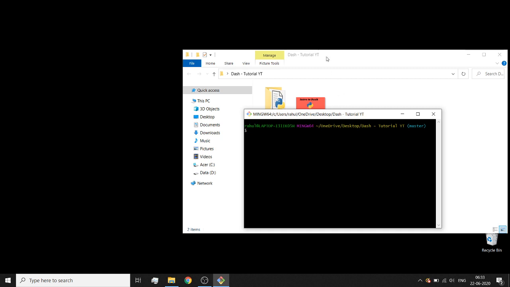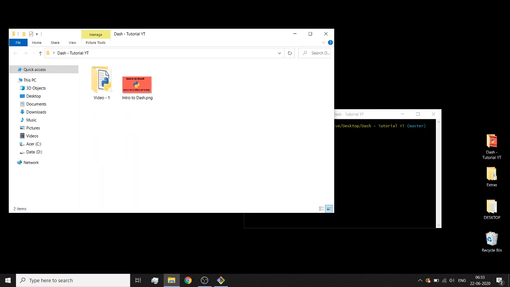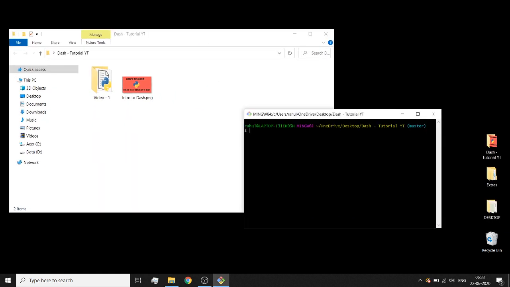So in this video I'm going to show you how you can add graphs, or rather plots, to your dashboards, because a dashboard is not very good without any plots. You need a way to add some plots which will make your dashboard look good. In this video I'm going to be showing you exactly that. So let us get started.